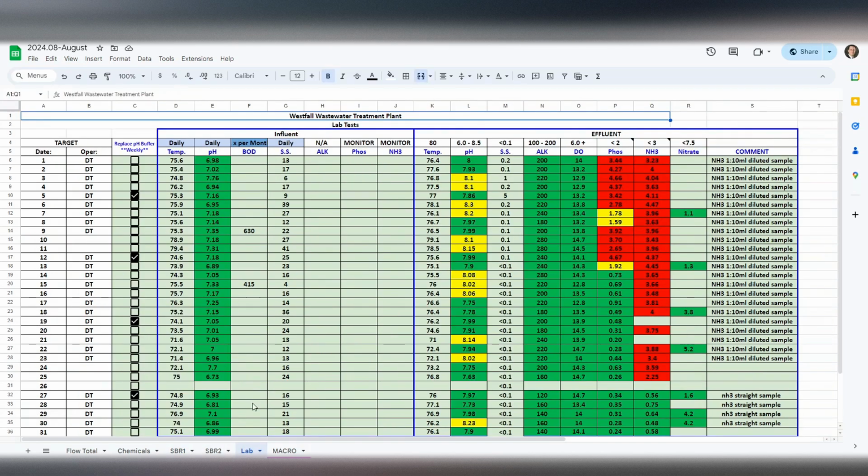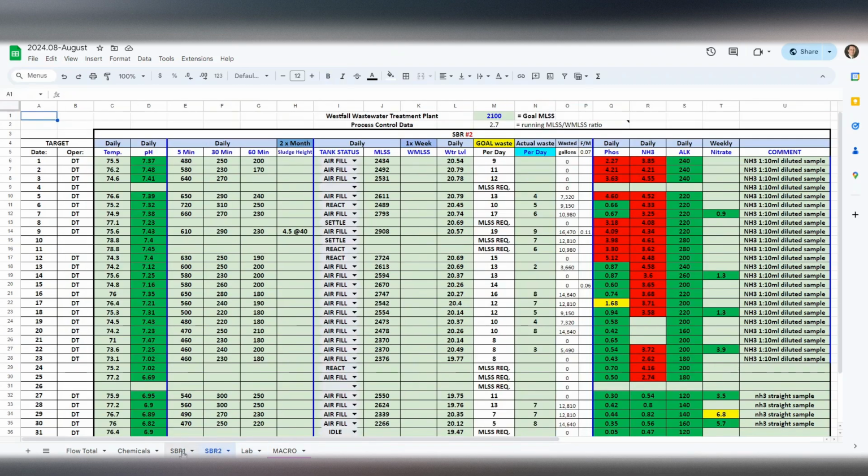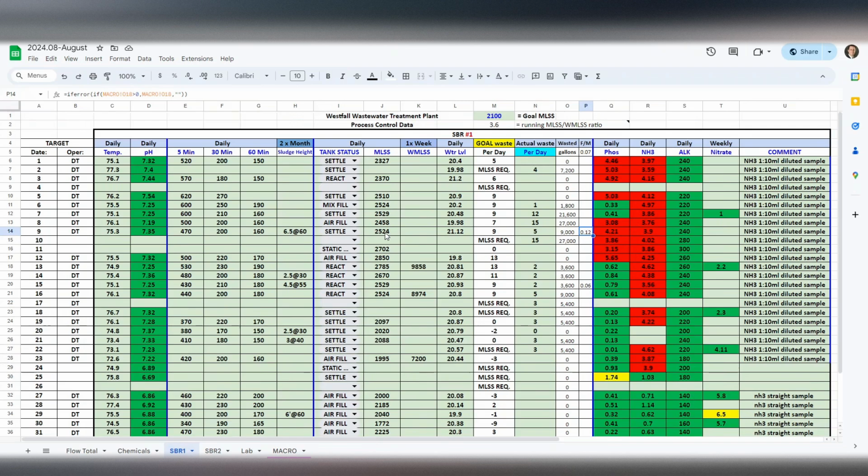So when we go back into here, now this is just the lab results from the effluent aeration tank. Again, temperature, pH, same deal, all the way across, and the same highlighting scheme there. But when we get the lab results back, which is always delayed by a week or 2 weeks, something like that, I will go back and put these influent BOD measurements in here. And then that can be used along with the mixed liquor amount here, and it will give you your food